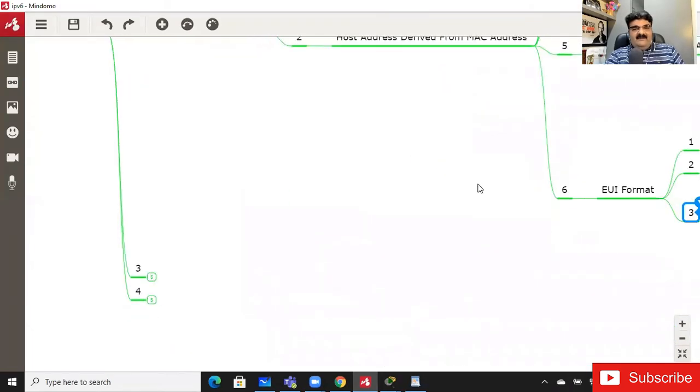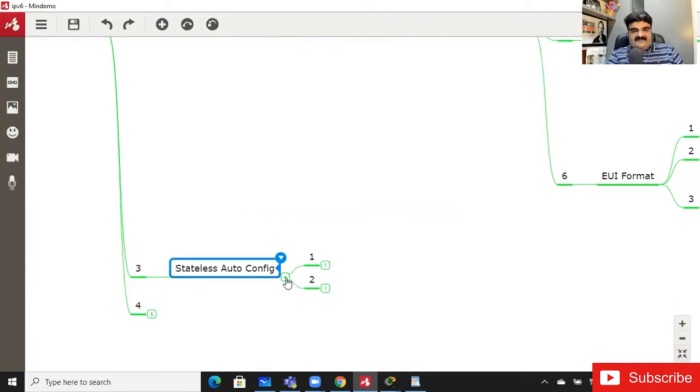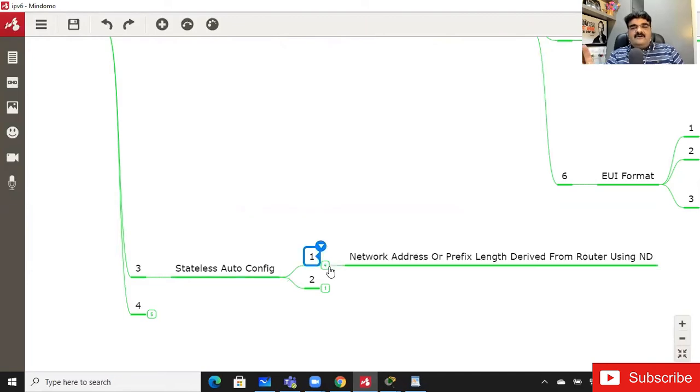Now I am going to explain the third point, and this is called stateless auto configuration. In this stateless auto configuration, the network address or prefix length is derived from the router using ND. So let's take an example.